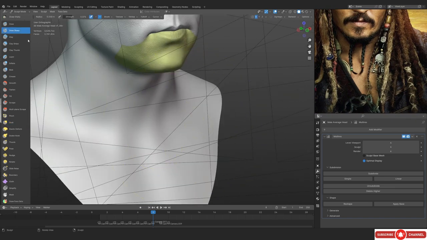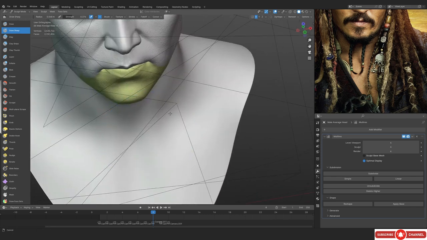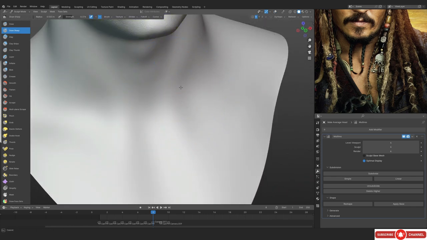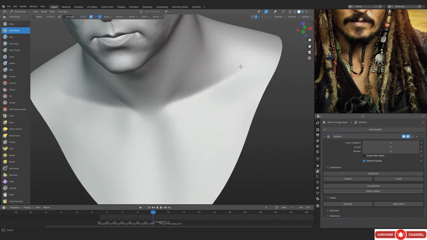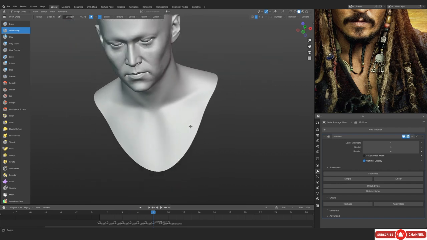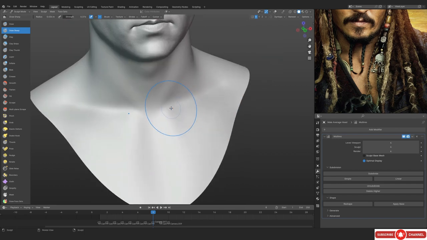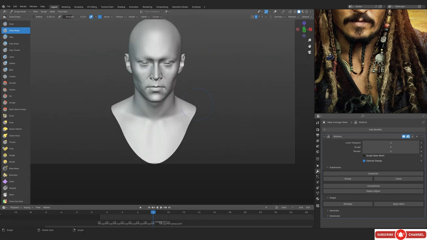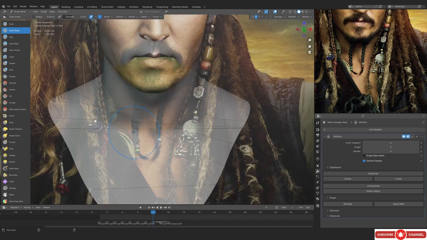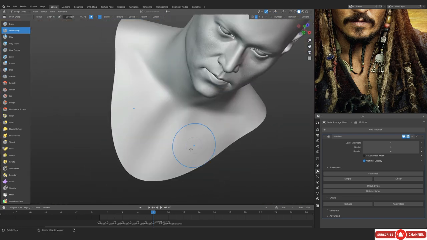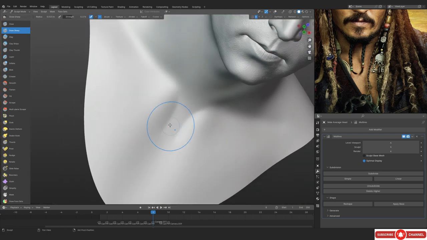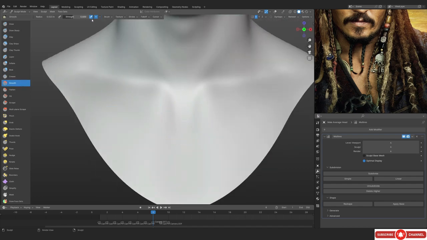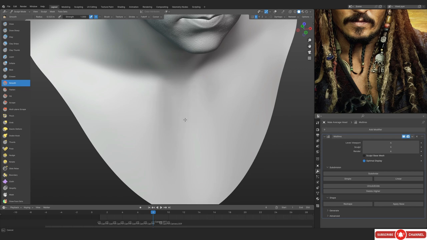So let's just fix that pretty quickly. It should not really take that long, and everyone knows how the collarbones are, so let me just do it real quick. And this is pretty much it. You don't really have to be super accurate. I mean, you obviously have to be. It is one of the most important things. So yeah, just do that, and once you are done, we'll continue doing the skin of the neck.